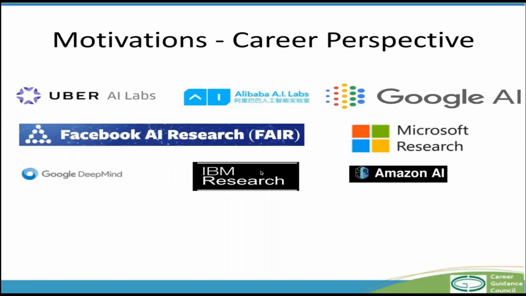So some of these institutes, specifically for people who are thinking of becoming a machine learning engineer, some of the best places in the world are just opening labs for that particular purpose, like Uber AI labs, Alibaba AI labs, Google AI, Microsoft DeepMind, IBM Research, Amazon AI. So people who are not just undergrads or young graduates, but people who have done PhD and all can also find a safe haven in these particular technological labs where they can continue doing research, but at the same time work on research that is more product focused.